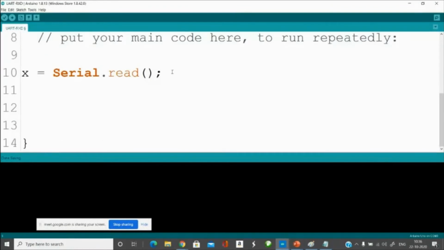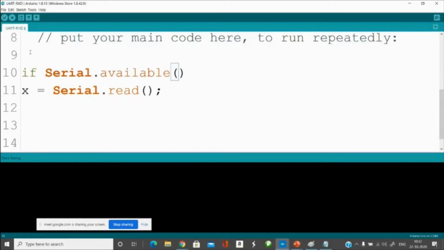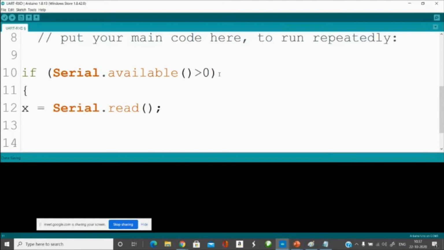So that is done. When should I read this function? Only when there is data available to be read. So if Serial.available(), this function will return a value, and if it is greater than 0 — imagine this as a letterbox. If there is any letter in the letterbox, then only I will read it. Otherwise, I don't read. I put this entire construct into this if condition. I read the letter in the letterbox only when the number of letters is greater than 0. That is the available function: the available characters in the serial port. If the available characters in the serial port is greater than 0, then only I read.